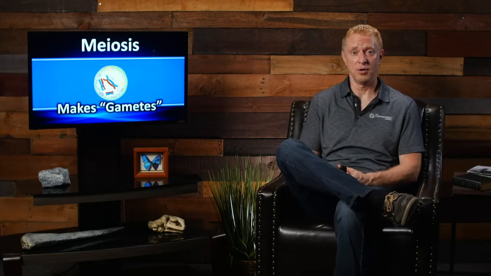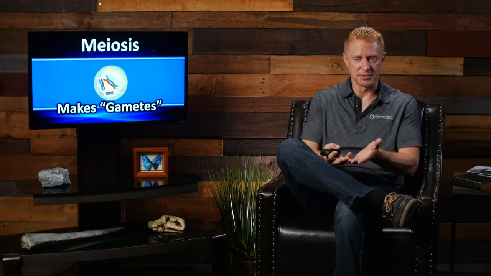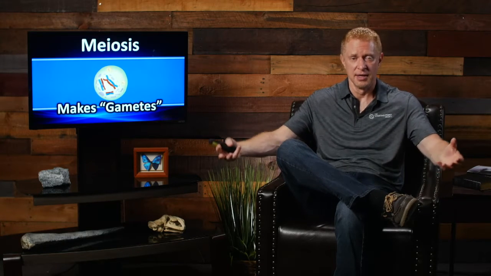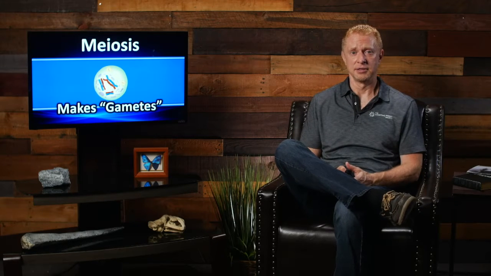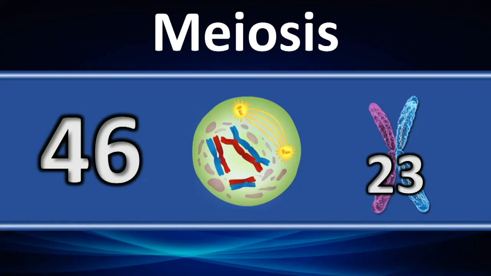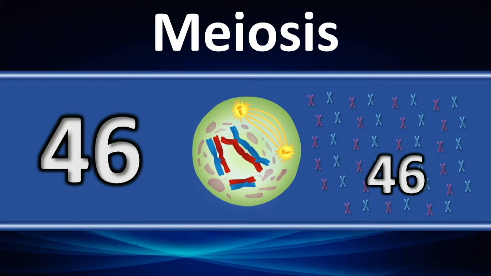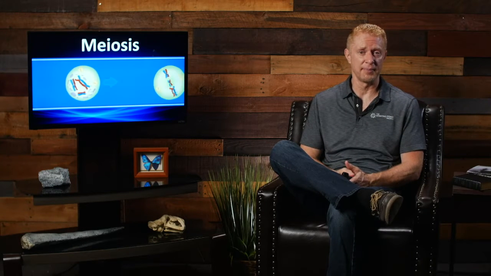Now we're going to take a look at meiosis, the process that makes the gametes, what we call the sex cells, germ cells turned into gametes, which then are necessary for mom and dad to use to make a baby. It's a much more complex process. We start out with the same cell. This is going to be a germ cell, but it's got the 46 strings in there, 23 from mom, 23 from dad. We have to duplicate that DNA. So we've got the duplication here. Now we have 23 X's from dad, 23 X's from mom, just like that initial process when we were talking about mitosis, but now we're talking about meiosis, and something different happens.